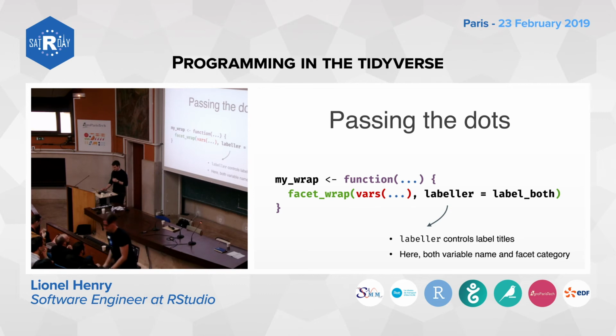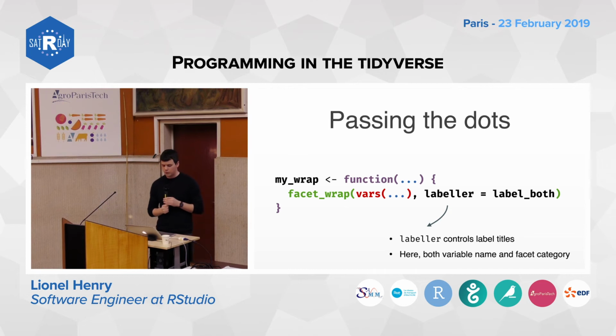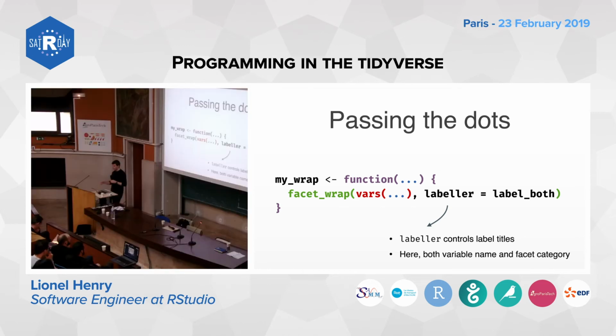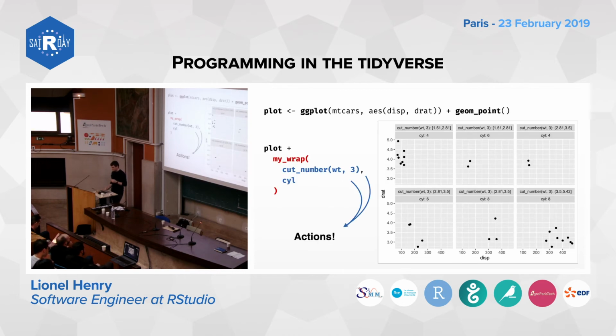So here is how you can wrap a single ggplot2 component, facet_wrap. You pass the dots to vars, just as before. Here I'm also passing a labeler because by default the facet titles do not include the variable names, but here with vars we can supply a custom name, so that's useful. And now we have a new component that can be used in a ggplot2 pipeline to create a faceting